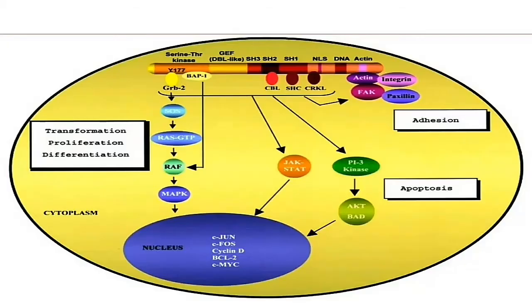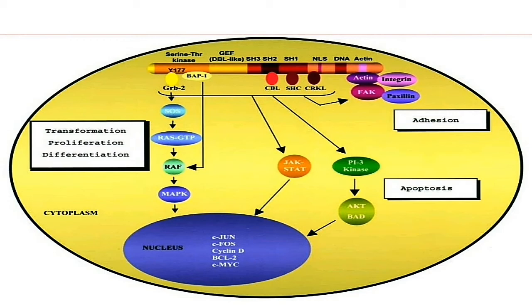Now the fusion of the BCR and ABL genes leads to transformation of the proto-oncogene ABL to an oncogene, and there is activation of the tyrosine kinase pathway. Along with that, there is also activation of different kinds of pathways. Those are the RAS pathway, the JAK-STAT pathway, the PI3 kinase pathway, and the focal adhesion complex, resulting in increased proliferation, differentiation and decreased apoptosis, and adhesion to the bone marrow stroma of the CML.